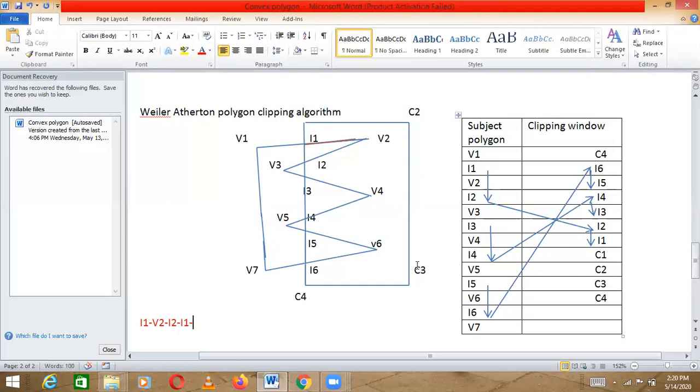Okay. Next we have I3. So I3, then V4, and then I4. So we write V4 and I4 here. Okay. So after I4, we check: the next intersection point was I3. So we will write I3 here.